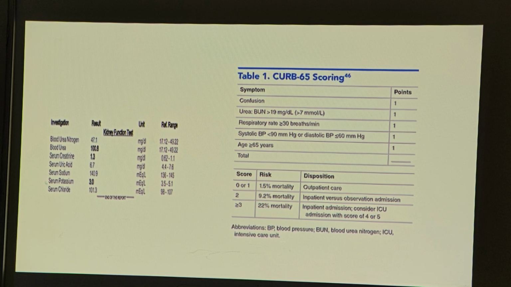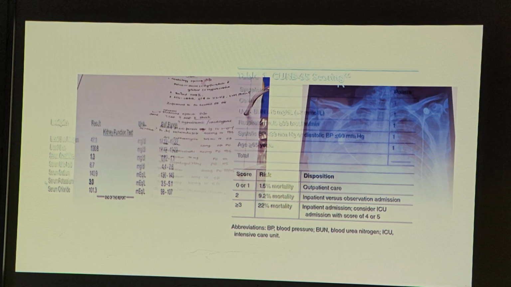If the score is 0 and the patient is stable, not tachypneic, no acidosis, we can give OP treatment like amoxicillin plus atypical coverage, azithromycin or doxycycline according to the patient. If the score is 1 or 2, the patient requires IPD management, we can admit in the ward, monitor and give IV therapy: IV beta-lactam antibiotic with a macrolide or quinolone. And for this patient the score is 3 or more, so definitely needs ICU treatment. So the patient was admitted in our ICU.